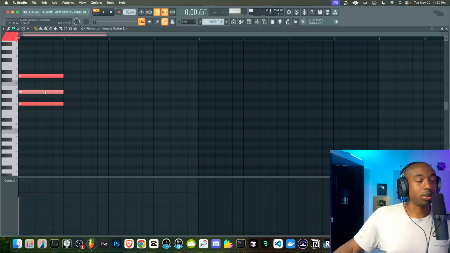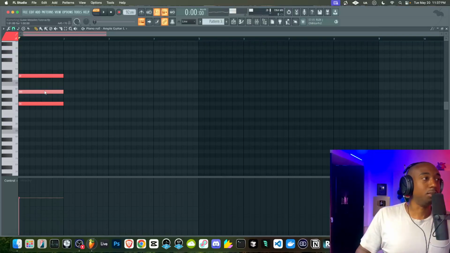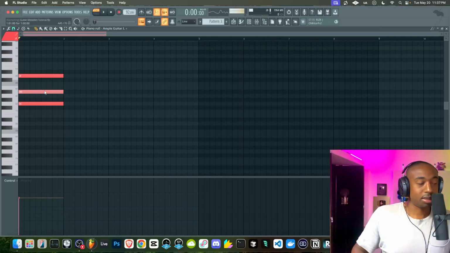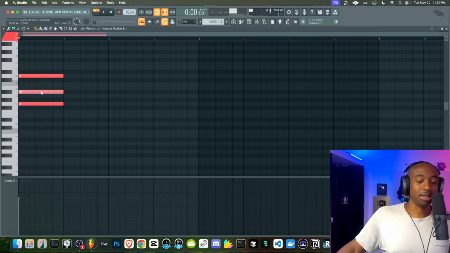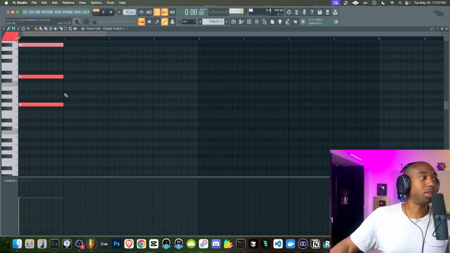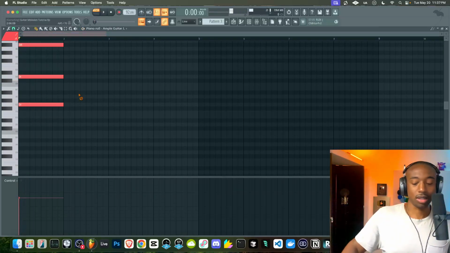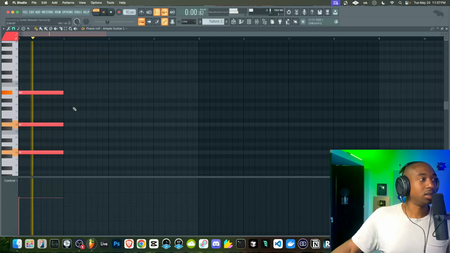Now what we'll do here, the first technique I'm going to show you is really basic, but it's really effective. And it's simply taking this middle note. This is called the minor third for those who want to know the geeky term about it. Okay. We're going to take this note and we're going to hit Control up to pull it up an octave. And this is a very melodic way to play your guitar.